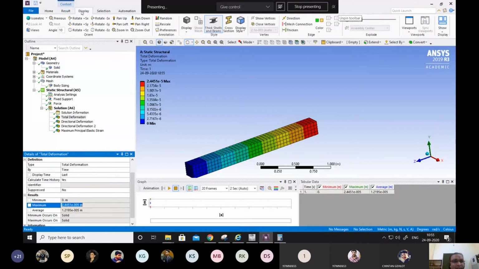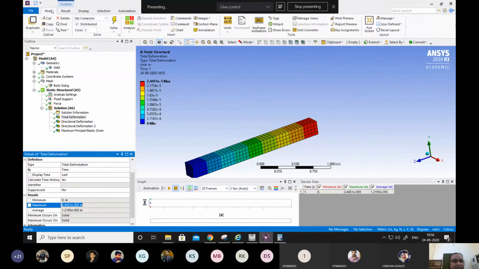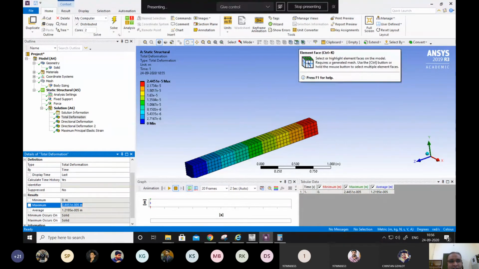I think display. No. So somewhere you can change the units here, but will take some time to find it out. But anyways, let me remove these mesh.